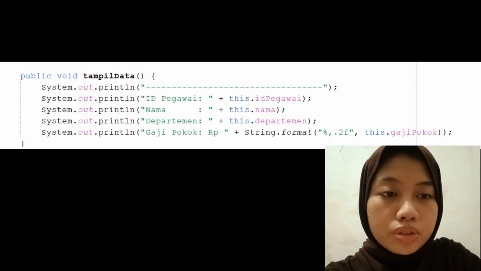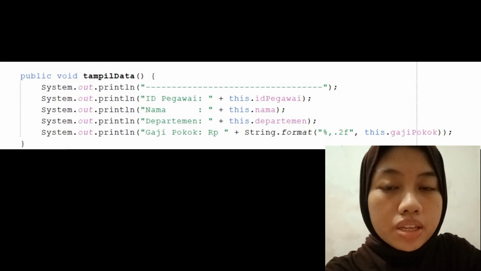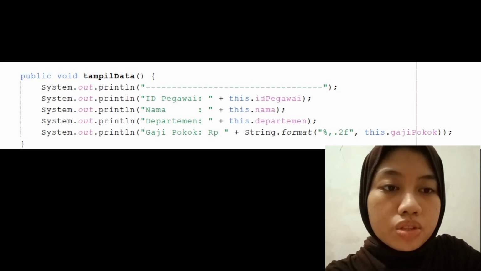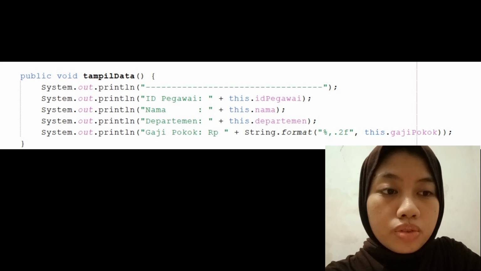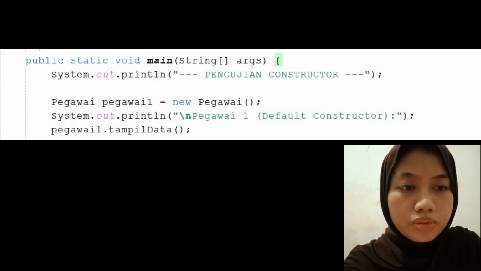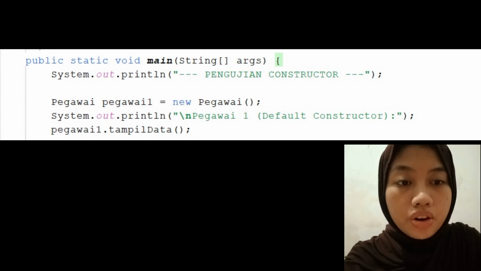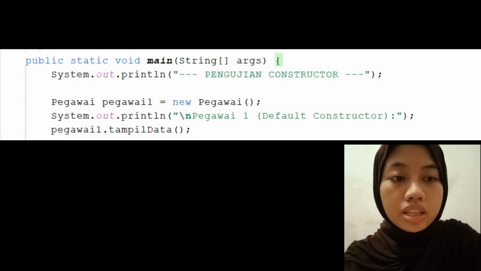This method combines the bonus calculation logic from version 1 and the total allowance from version 2 to produce the most comprehensive total salary. And this is the method for displaying data. The public void tampil data method is used to print out attribute information of the employee object.